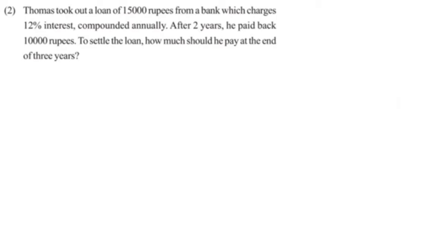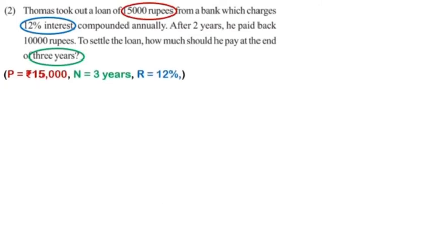Next, second question. Thomas took out a loan of 15,000 rupees from a bank which charges 12% interest compounded annually. After 2 years, he paid back 10,000 rupees. To settle the loan, how much should he pay at the end of 3 years? So in this case, our principal amount is 15,000. Thomas took out a loan. So the amount P is 15,000 and rate of interest R is 12% and number of years N is